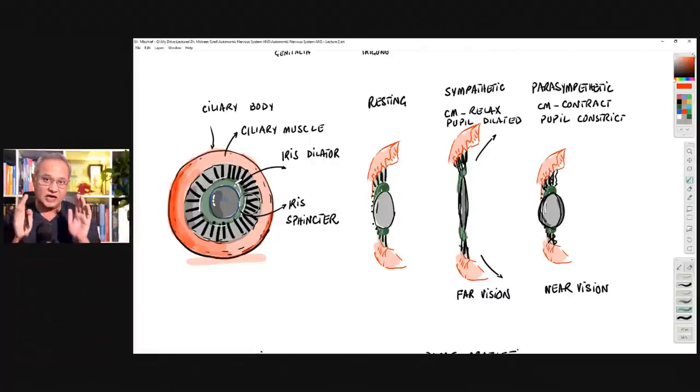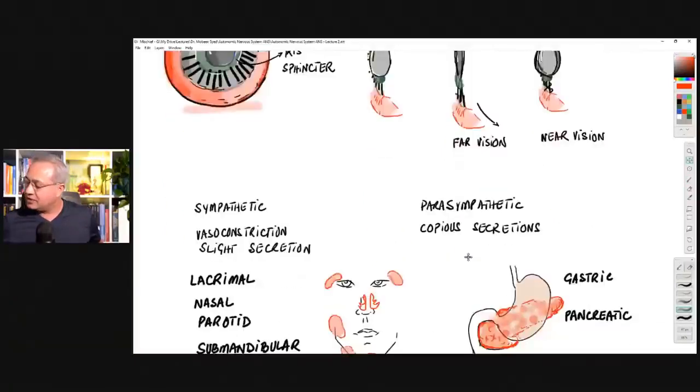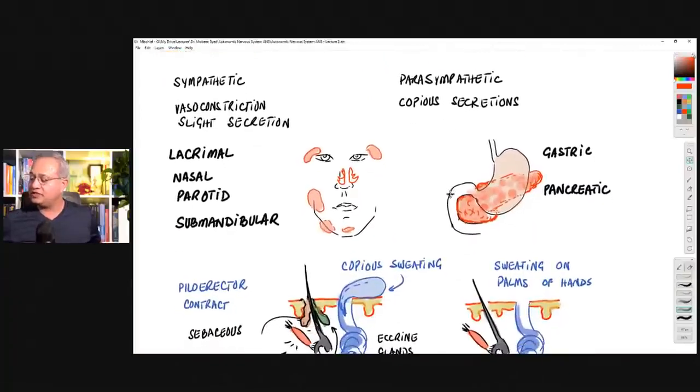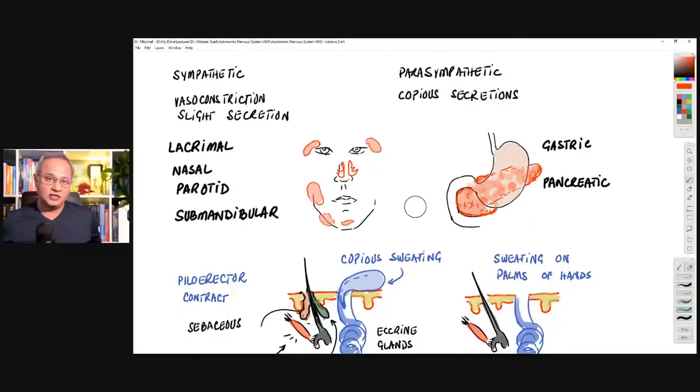So that is the eyes control. Sympathetic system, far vision; parasympathetic system, near vision. Sympathetic system would help you run away from the lion. Parasympathetic system would help you sit down and eat your food. Okay, continuing. So the whole discussion, please keep in mind: will this action help me eat my food and digest and store, or will it help me run? One or the other. Sympathetic would help you run, parasympathetic would help you sit down and eat your food.